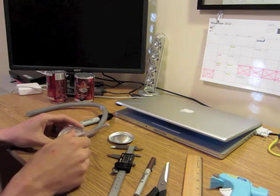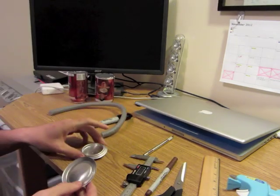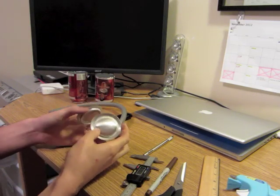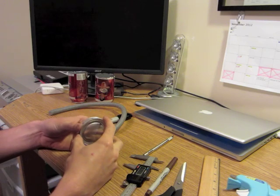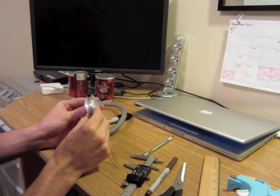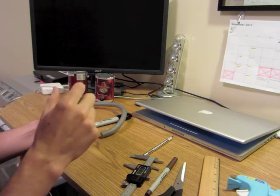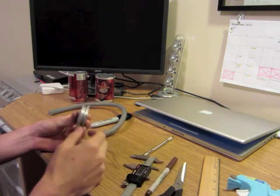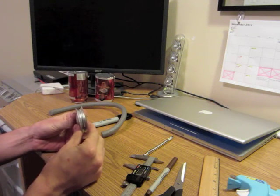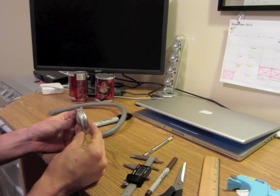I'll do the same thing to this other one. Okay, now that we've got both of the centers of these hubs marked out, the next step is to just glue them together. It's a little bit tough to get these lined up just perfectly, but I just put a couple little dabs of hot glue on there and stick them together where I think they about go, and if it's wrong, you can pop the hot glue off